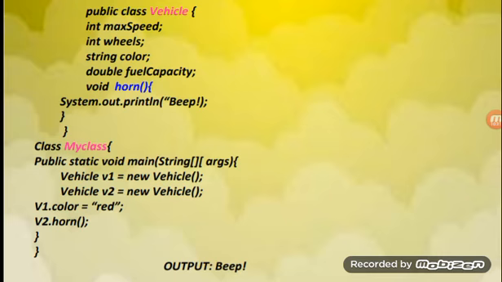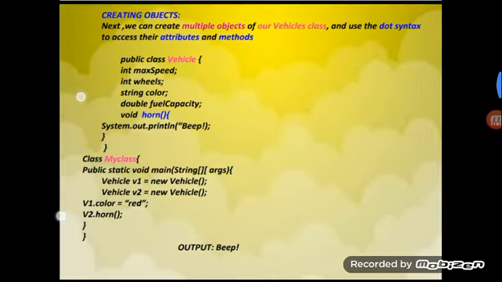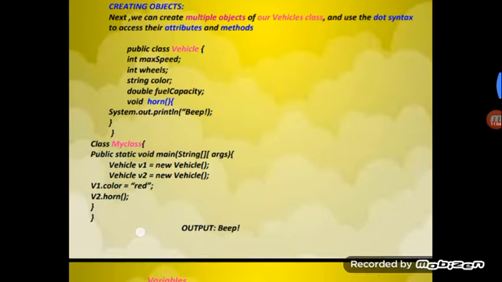Public class Vehicle and public class MyClass will be there. You can have a number of classes. Whenever you use the public class Vehicle, I am taking another class in it, that is the MyClass. In that class, whenever you call the v2.horn method, System.out.println with the beep sound in the brackets will be the output here. Then only the output will come. That is about creating objects, with this example.